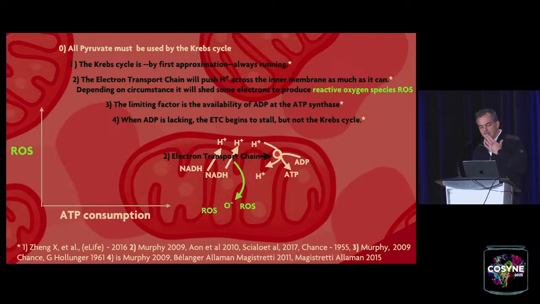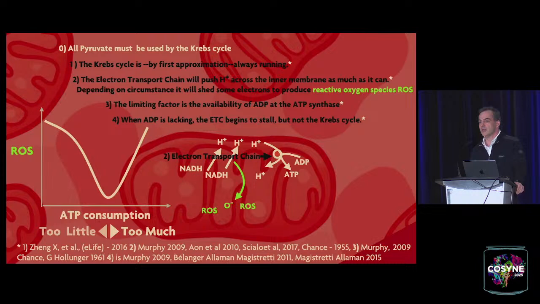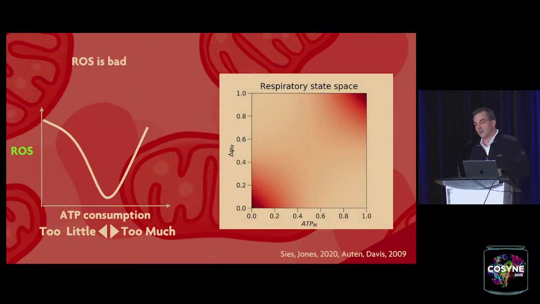Okay? So what that means is that neurons can find themselves in two situations. They can find themselves in a situation where the electron transport chain produces more ROS than is healthy because a lot of ATP is being produced. But it's also possible that they experience more than healthy ROS levels because too little ATP is being used. Okay? They find themselves in a very classical non-monotonic relationship with ROS,